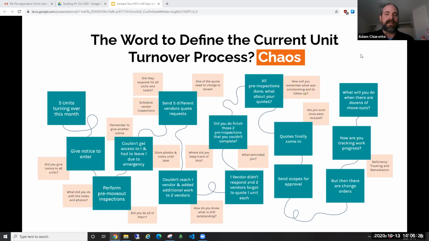Because all of those things cause delays, and really delays are the main, let's call it preventable factor that can increase your NOI. If you delay doing that pre-move out inspection until the day before the unit becomes vacant, you're already behind the 8 ball. You've got to get your contractors in line. You've got to get your materials shipped and ordered. You've got to make sure that your maintenance team has capacity to perform these tasks. So if you don't do everything in a timely manner, that's where a lot of these problems happen.